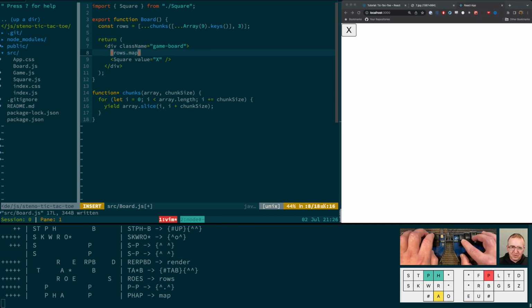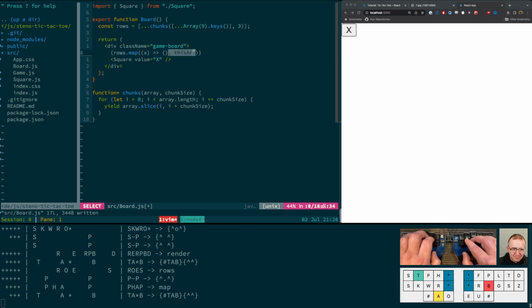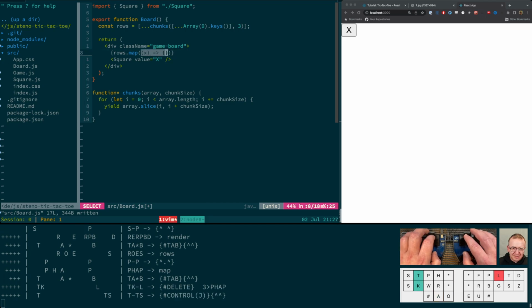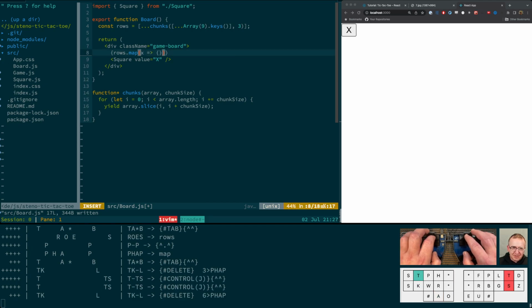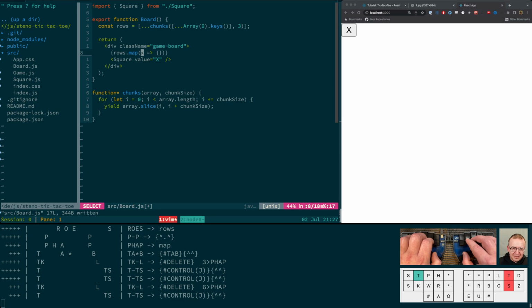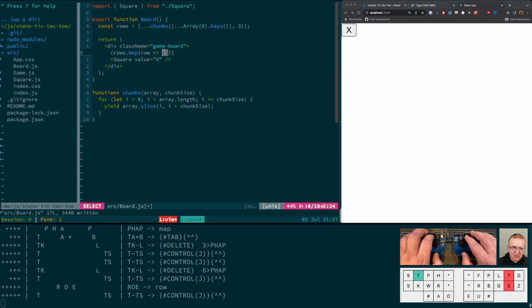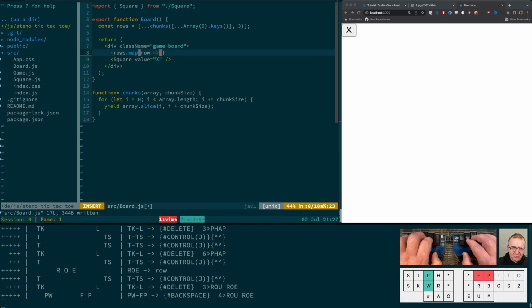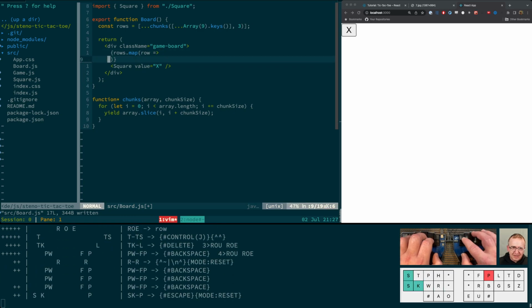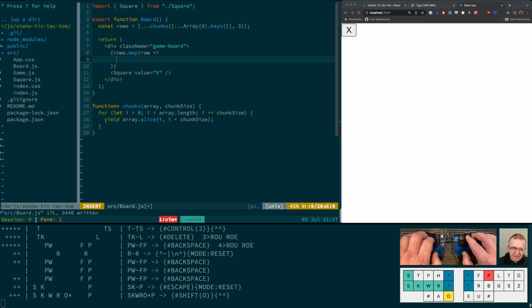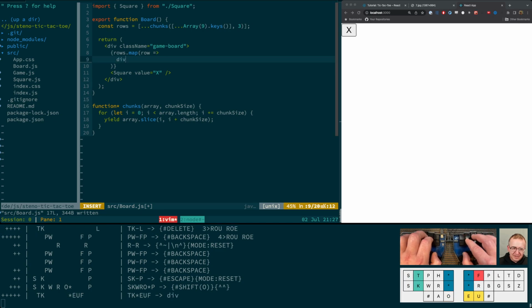We're going to map over them. For the map function, we don't care about the this arg there, but from the rows that we map over, we're going to take each of the rows, and we want to display a div with